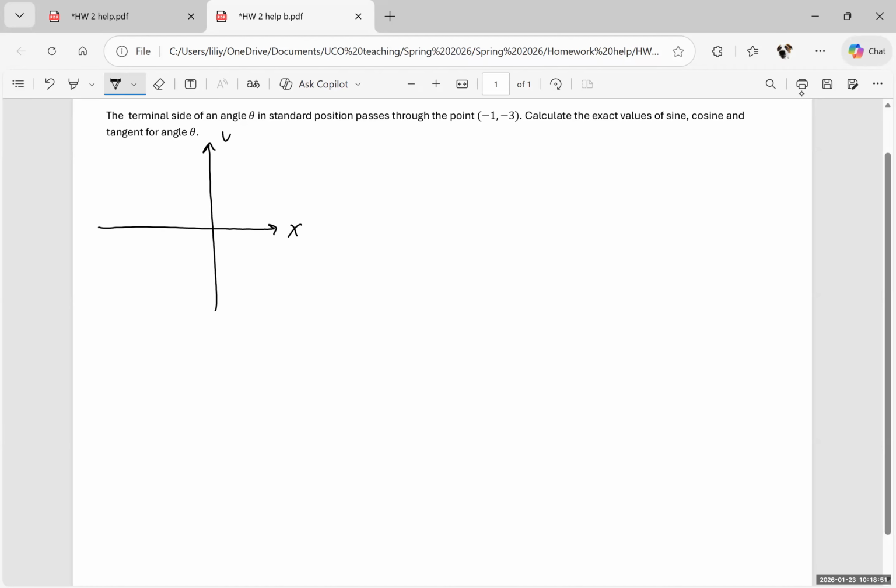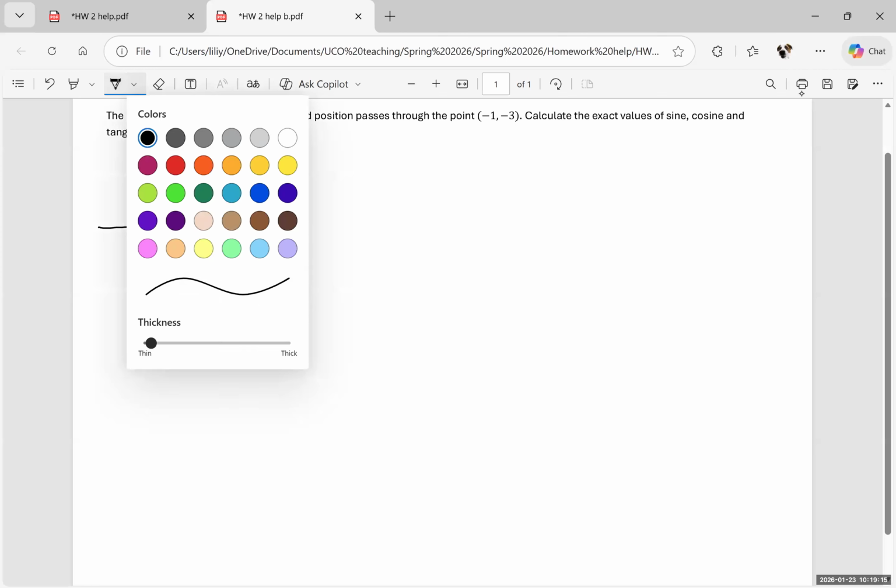So, an xy rectangular coordinate system. I'm going to go ahead and make it a fairly large grid here. We have -1 and -3. So this is the point that the terminal side of angle theta is passing through. I'm going to go ahead and connect this